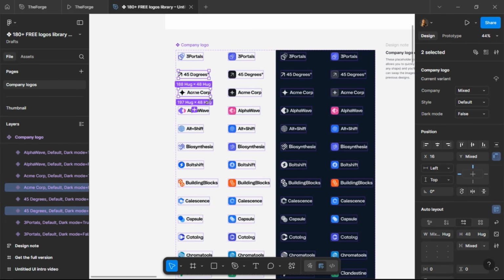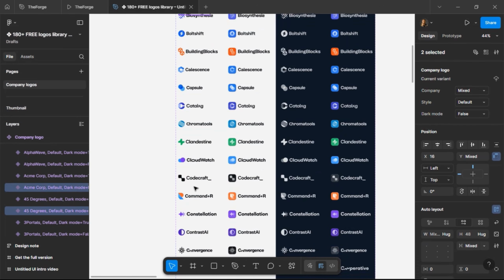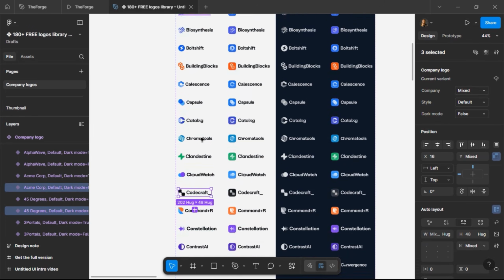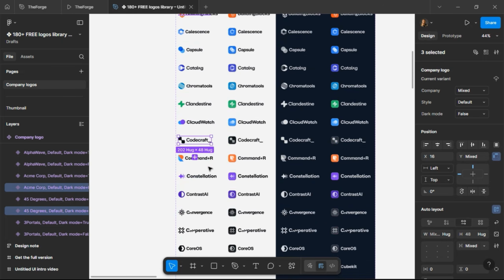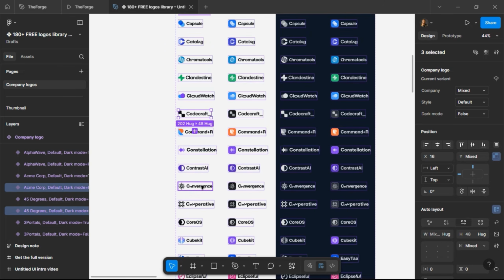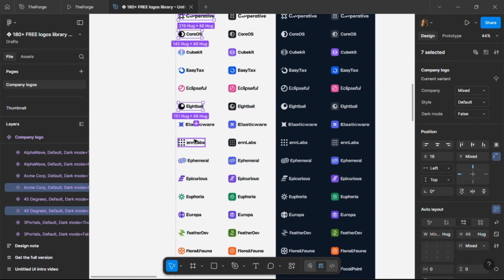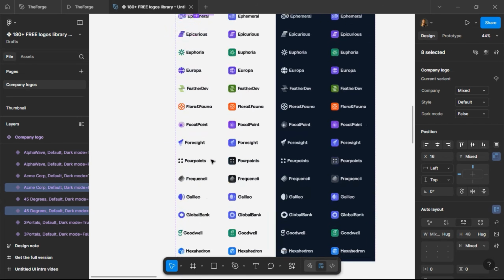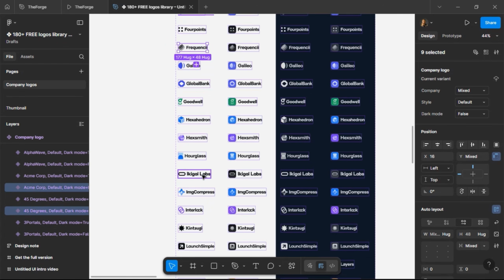I don't want anything that will stress me while trying to edit it, so I'm just going to keep selecting the ones that are all black. So how many have we selected so far? I've selected 1, 2, and this is 3, and this is 4, this is 5, this is 6, this is 7, and this is 8, this is 9, and this is 10, 11,